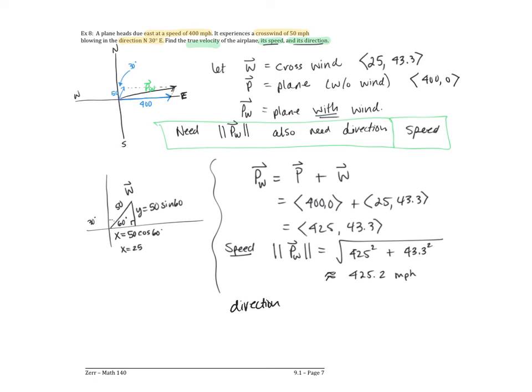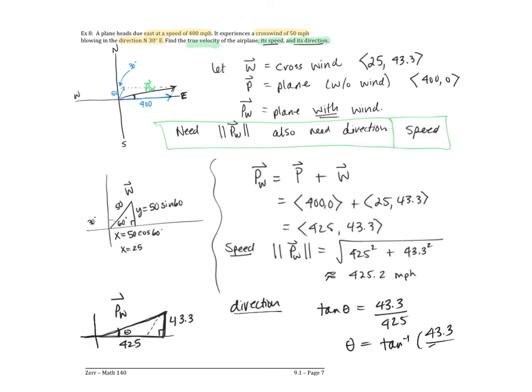Okay, and the angle, we can come back to our diagram here. Here I'll make another little diagram, okay, so this is plane with the wind. We need this angle. We have a 90-degree angle, or we can make one if you just take and look at the horizontal and vertical components of our vector. Horizontal, 425. Vertical, 43.3. Okay, and so the tangent of our angle would be opposite over adjacent. So 43.3 over 425. Pull out your calculator and let's figure out arctan. Okay, so arctan of 43.3 over 425. That gives us an angle of approximately